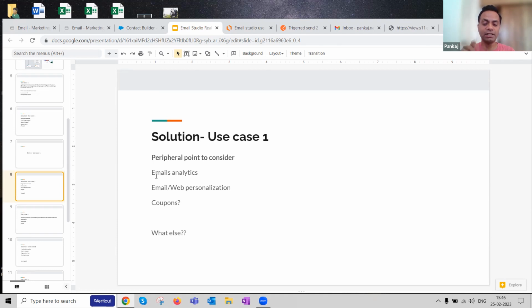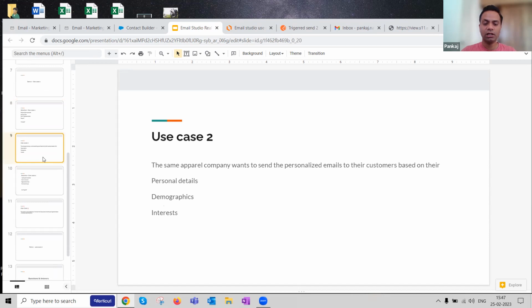Here is a 10% coupon for you to complete that. That's a very common use case from a marketer's perspective, right? So whether any coupons are involved in this. All these are peripheral things that you should be aware of in this particular problem statement, right? Let me move on now. Okay, what about use case number 2?